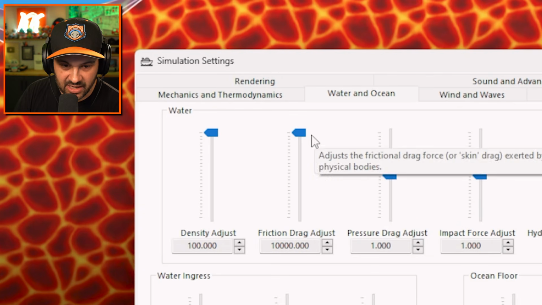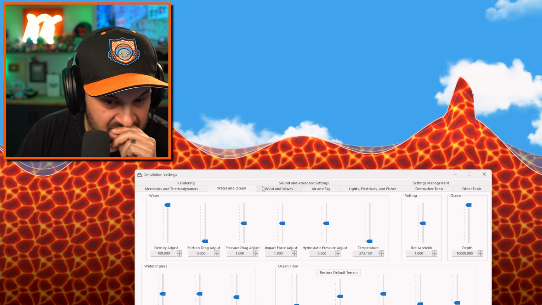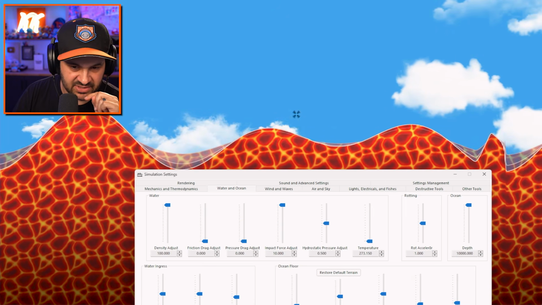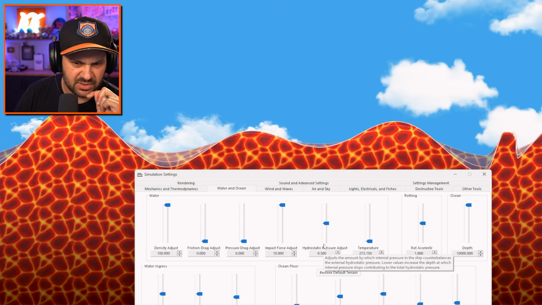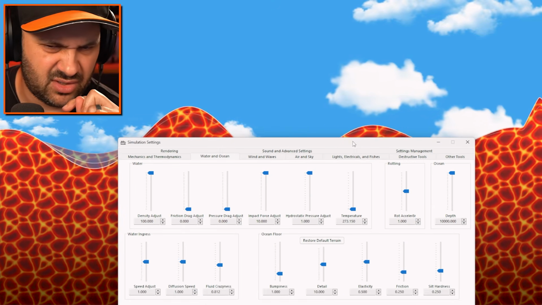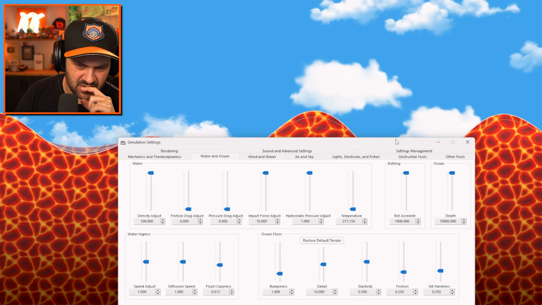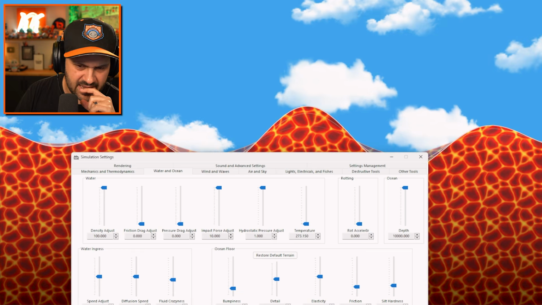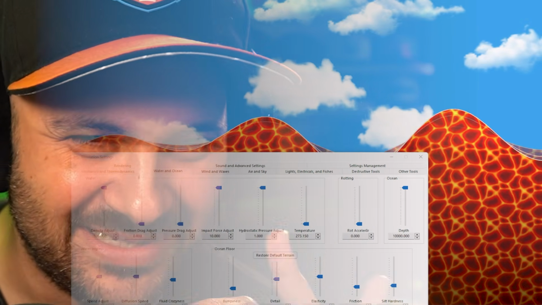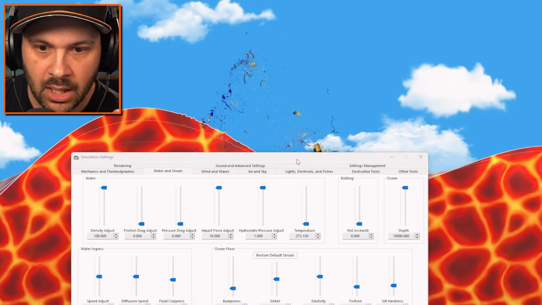Friction drag adjust. Let's set that to nothing. I don't know. Pressure drag adjust. Nothing. Impact force adjust. Crank that up. Obviously. Hydrostatic pressure adjust. Oh, yeah, you want that at 1. Temperature, we don't worry about that. The rotting has to be at a million. No, the rotting has to be super low. I don't know. I hear very bad noises, though. Like, let's reload the ship and just see. Oh, my...